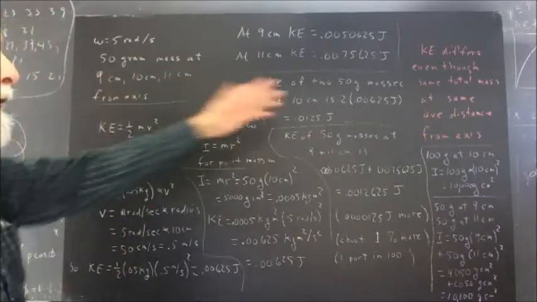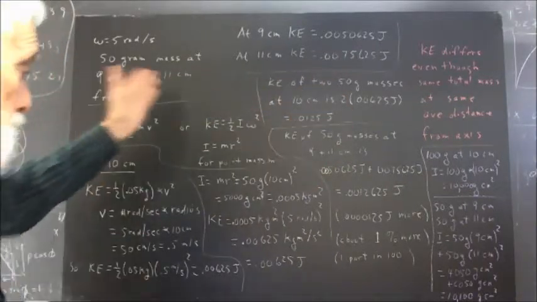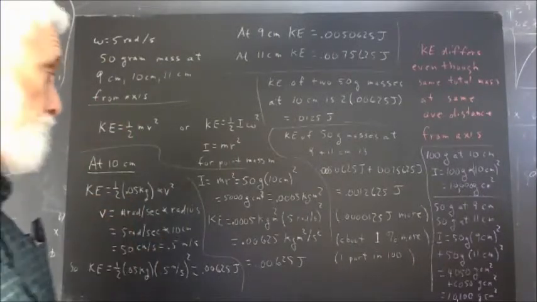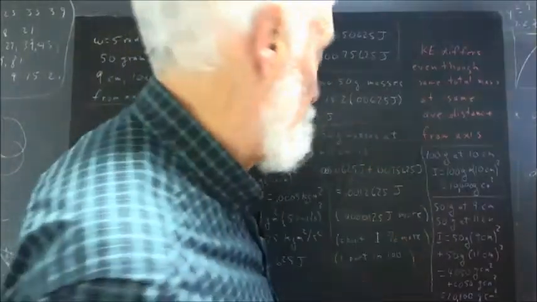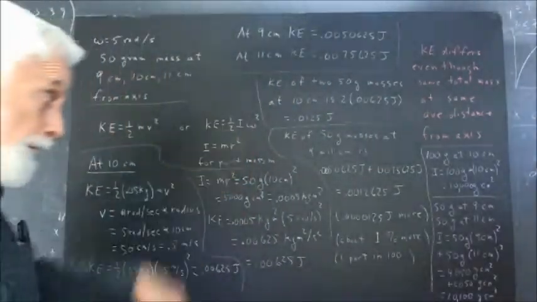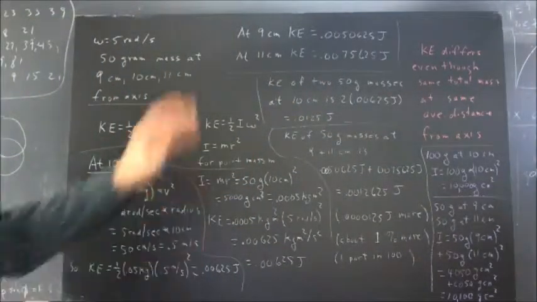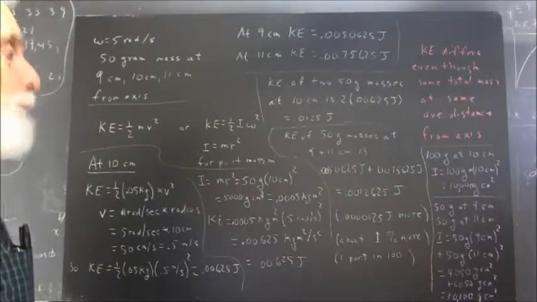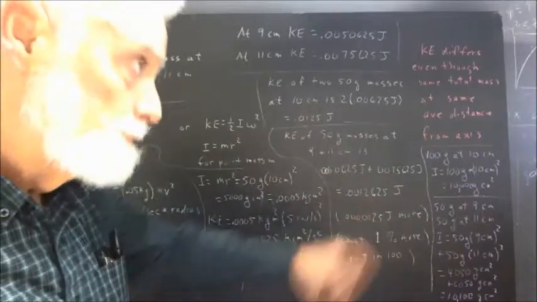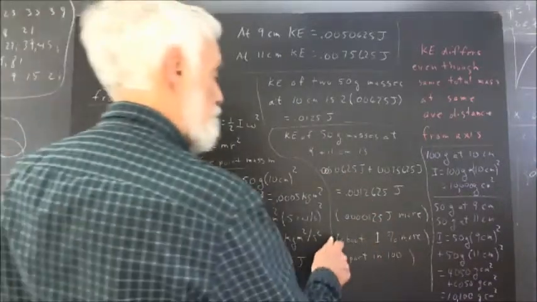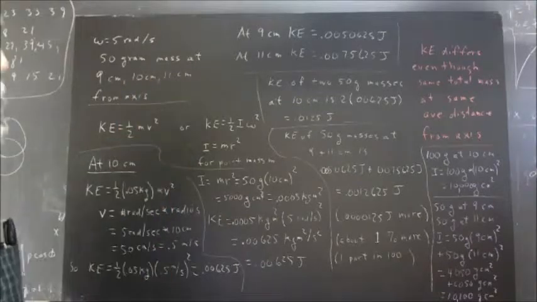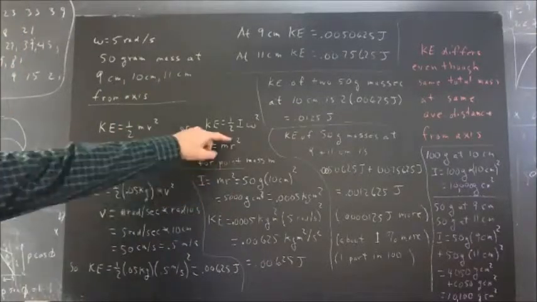And again, we see clearly in terms of this example that it doesn't quite work out. So that's kind of an important thing to understand about moment of inertia, but it's one of the finer points. At the bottom line, you should understand how we calculated these kinetic energies, and you should be able to corroborate or critique my calculations. Okay, well, there's another way we could have calculated the kinetic energy, and that's 1/2 I omega squared,